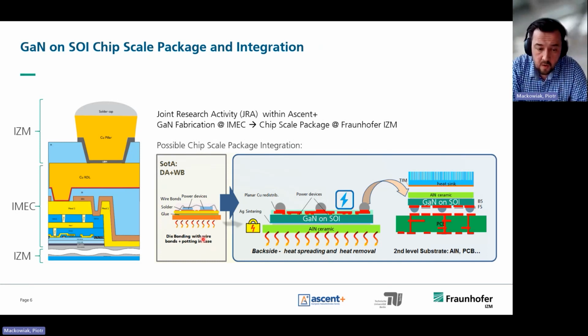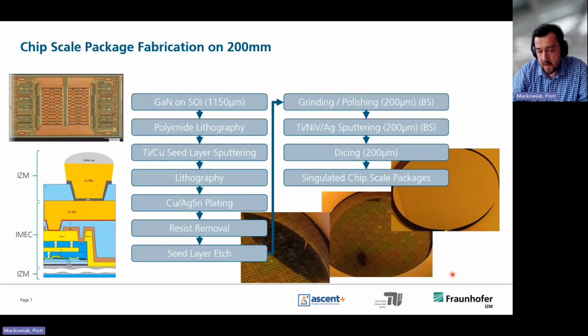But in order to overcome the disadvantages we have in this challenge, as described before, we had this GaN device on the silicon on insulator wafer. We thinned this down, and we were able to apply an aluminum nitride ceramic on the backside of the chip with some silver sintering in between. And with this, we had a really good heat spreading and heat removal capability, which we made use of as we applied some heat sink on the backside, obviously making use of some TIM material in between. And this package again was able to be assembled or flip chipped on a second level substrate, some BCB aluminum nitride material. And the part we took over here, as mentioned before, was the redistribution layers and the final bump